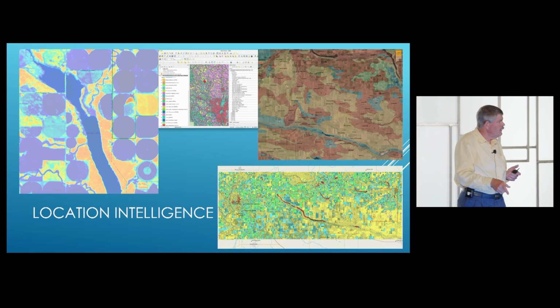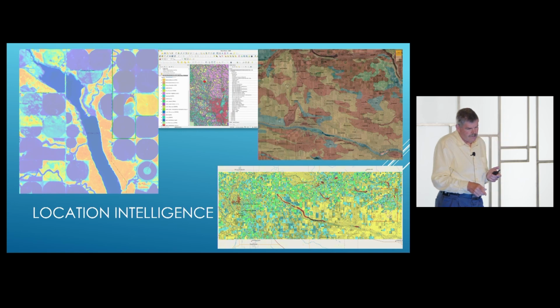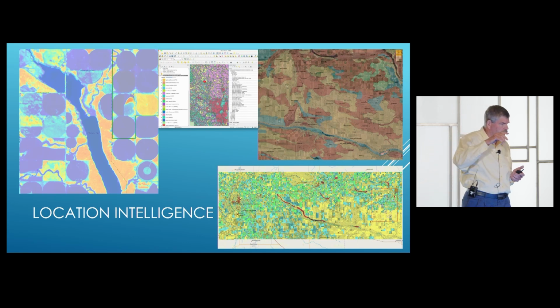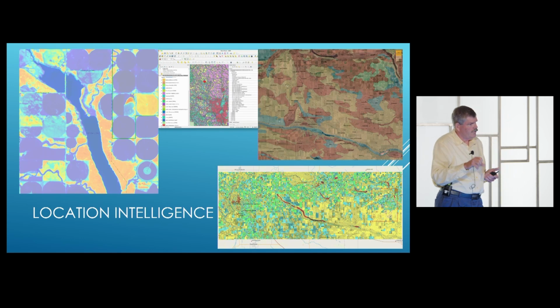Top middle is actually, this is very, very detailed vegetation data. It shows you trees, it shows you shrubs, it shows you conifers, deciduous, it shows you the height of the tree, it shows you crops, it shows you irrigated crops. All of that data